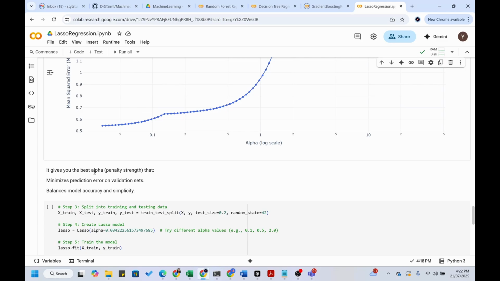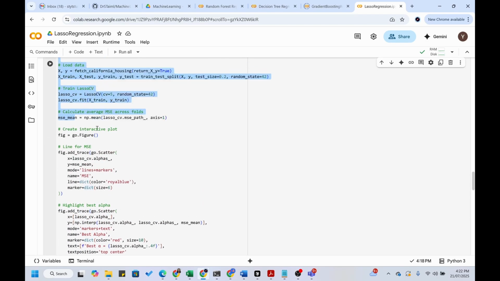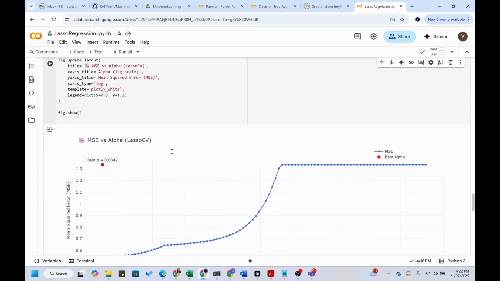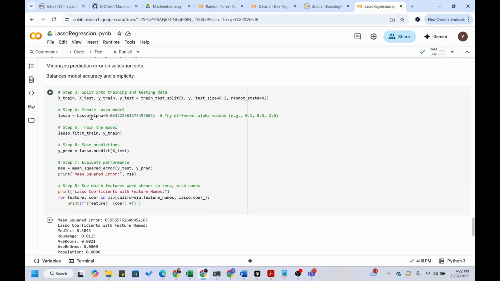So it gives us the best alpha or the penalty strength that minimizes the prediction error or balances the model accuracy and simplicity. Now I am getting the best alpha value that is coming through the cross validation, and we have just seen it is 0.034. So I'm just applying here the alpha value that we just got, and now you can see that